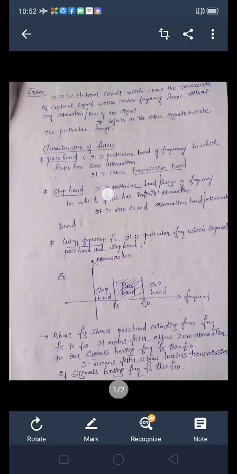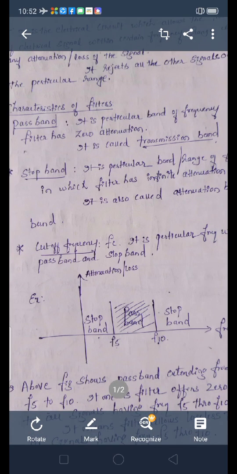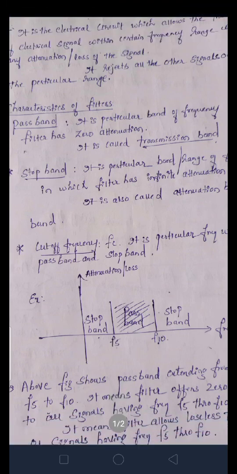Concerned with this filter circuit, we have to define some terms like, what do we mean by pass band of a filter, stop band of a filter, and cutoff frequency of a filter. So, we will take this example. You can see here there are frequencies of the signals. I have shown 0 to F10.